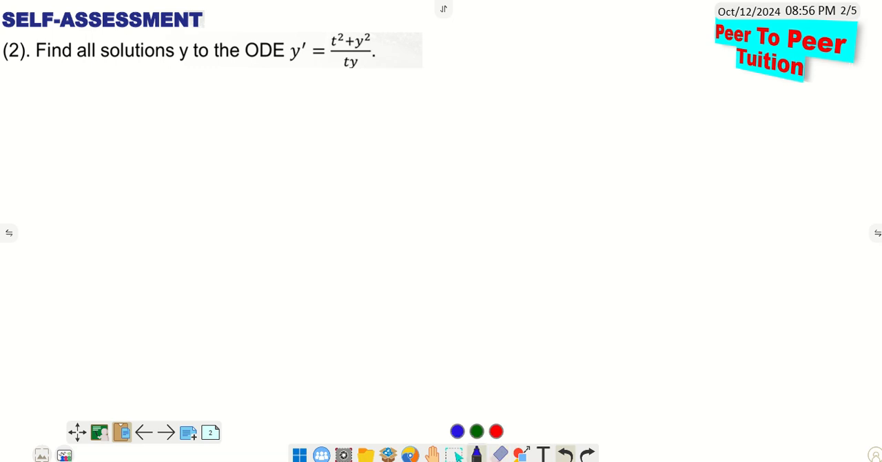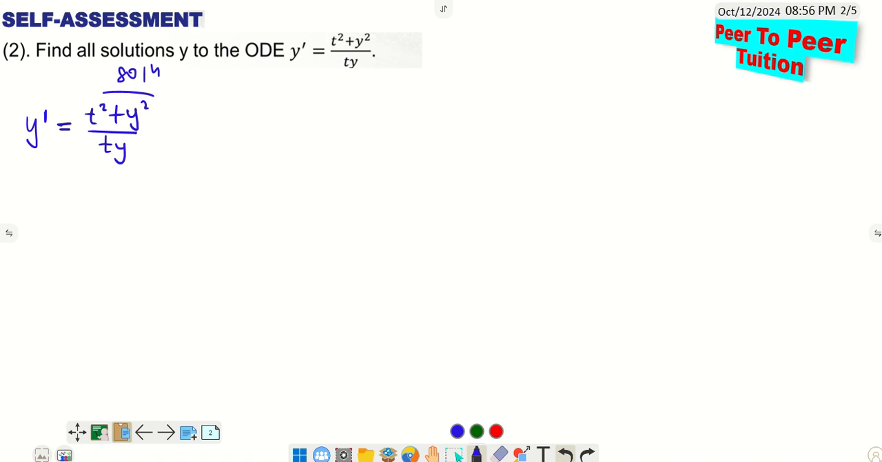In this question we are to find all solutions to the ordinary differential equation. So we have y prime is equal to t squared plus y squared, all divided by ty. Now, looking at this differential equation,